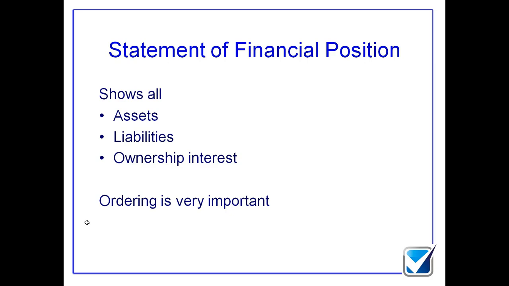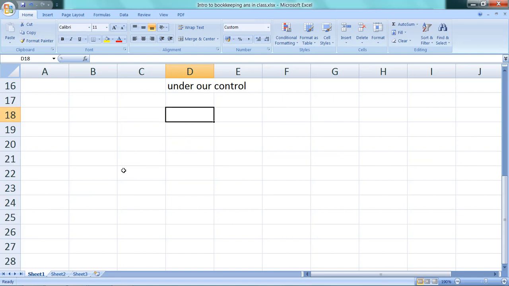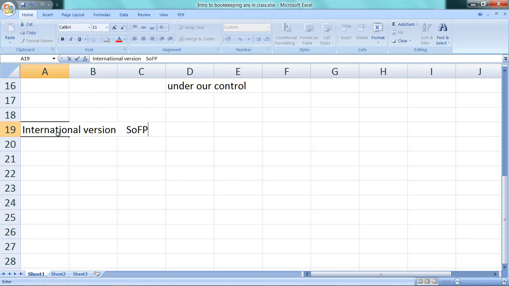What I'm going to do here, guys, is talk you through the structure of the ordering of these things and say, here's the UK version, here's the international version. You can see that there is a difference, which means that when you look at this one piece of paper, you can work out what type of accounting standards these people have used. I don't want to get into a huge detailed discussion of accounting standards because we don't really need that here. But understanding what these financial statements are trying to say and how they say it can be very important to me. So if I look at an international version, which will be my statement of financial position, notice the way I've shortened this down to SOFP because my typing is not great. What that now means is I have assets up at the top. That gives me my total in terms of debits.